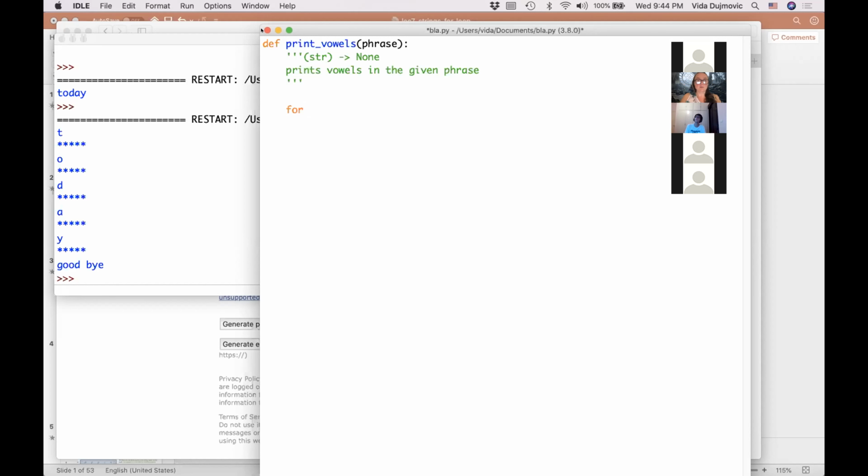Let's write it, we have already seen this. For, I'm again going to call this variable ch, in phrase. What do we want to loop over? We want to loop over a string that is stored in the variable phrase. Once I'm inside the loop, what's in ch? It's a character that I'm about to either print or not, depending on whether it's a vowel. So first I have to test if ch is a vowel. I need that test, but let's keep that for now and leave it for the last step.